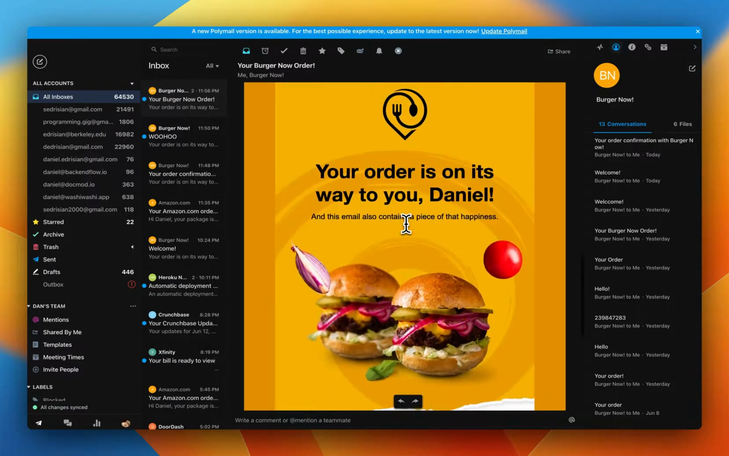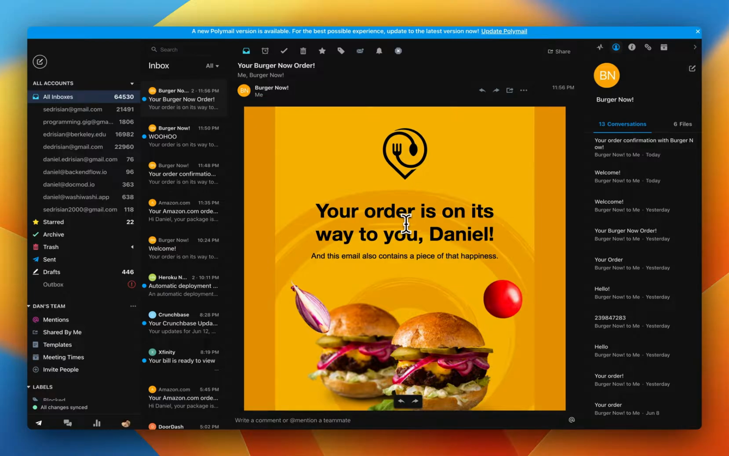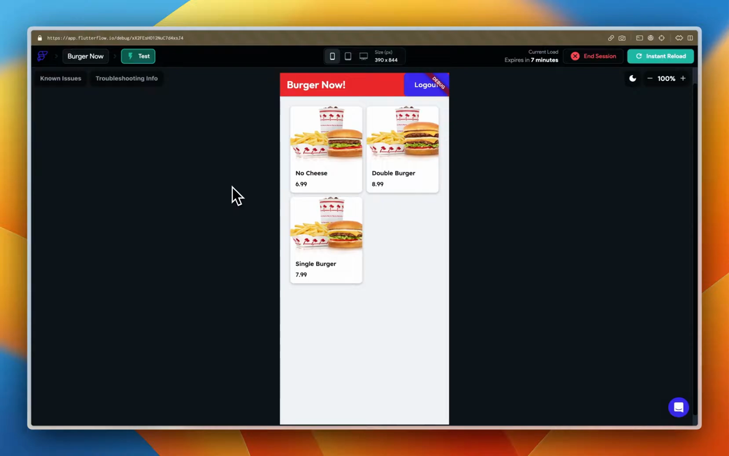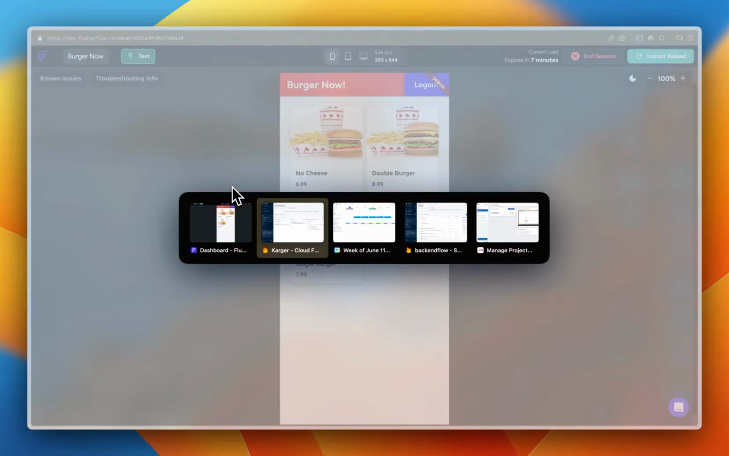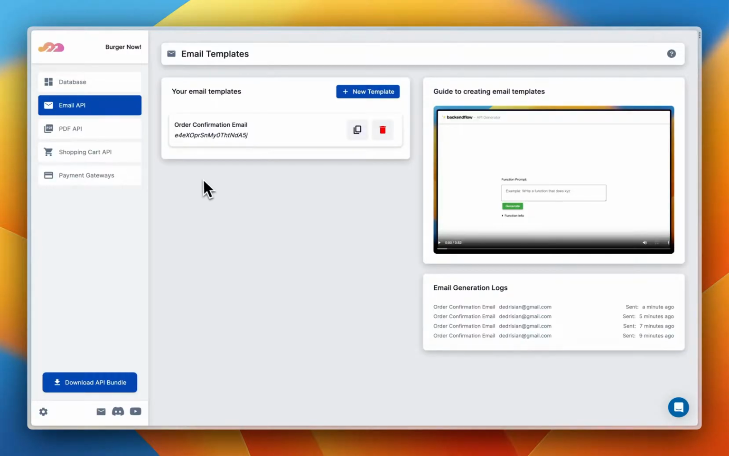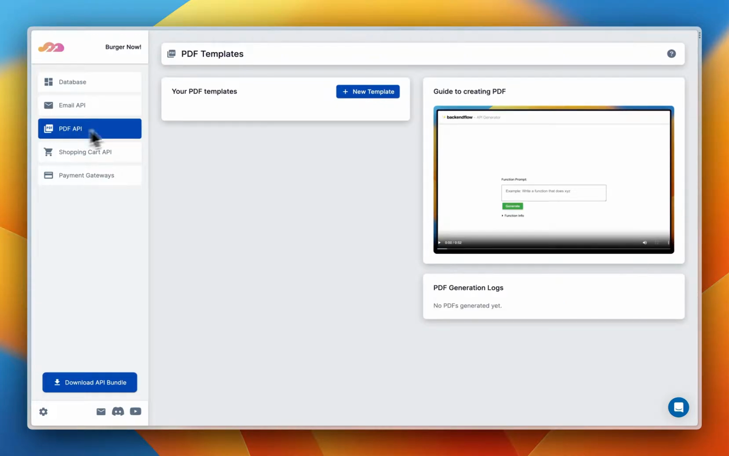But now we also want an invoice PDF to be attached to this. So how do we do PDF? PDF is also another API that Backendflow offers. So here, along with the email API, there's a PDF API. And it works almost the same as the email API. You have an HTML template, and then you upload it, and then we do the job of converting it into